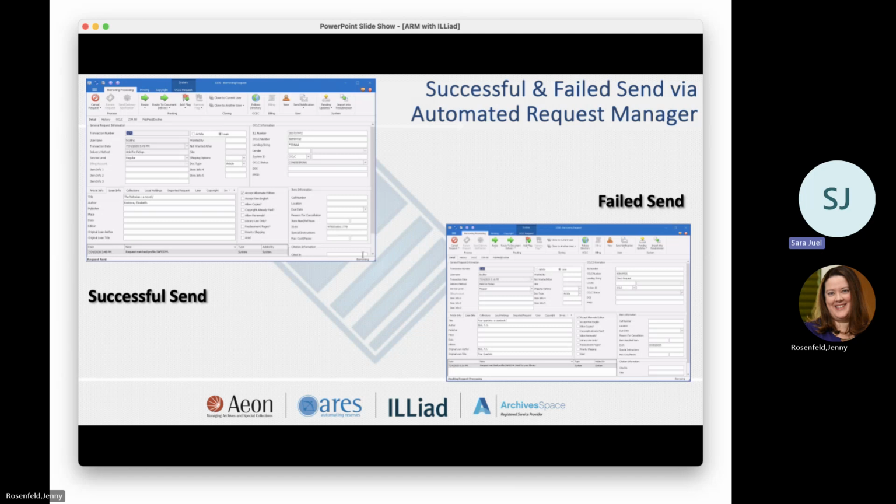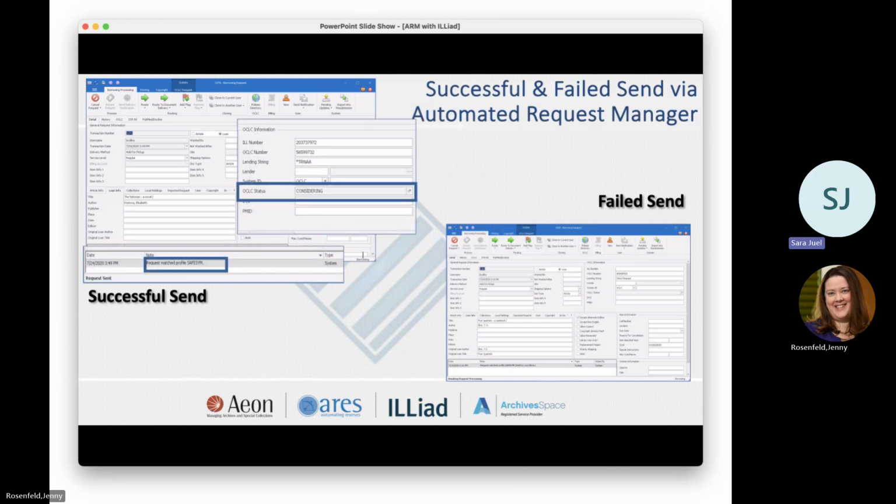If it's failed, there are several different reasons it can fail. If it doesn't even send over to OCLC at all, that could be because you're missing something like the ISSN number or OCLC number for it to identify. If it's gone through ARM and couldn't be filled, then it will add that information to the notes saying that it went through, and this will actually go into either awaiting request processing if you're prior to the Connection Manager 9.2.4 update, or it will go to awaiting ARM manual review if you're after that Connection Manager update.